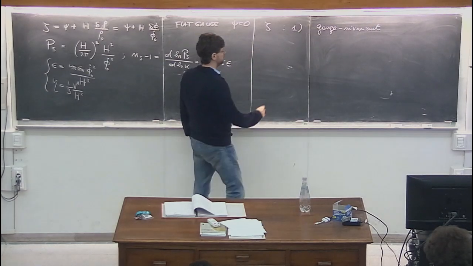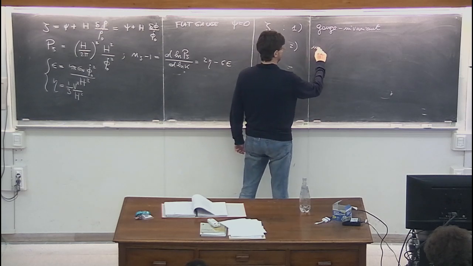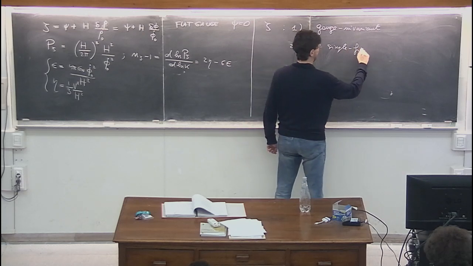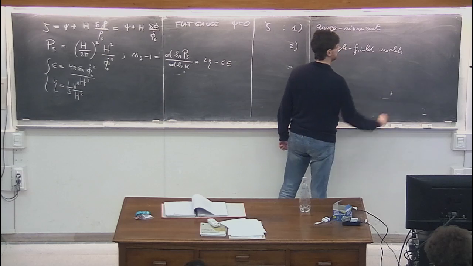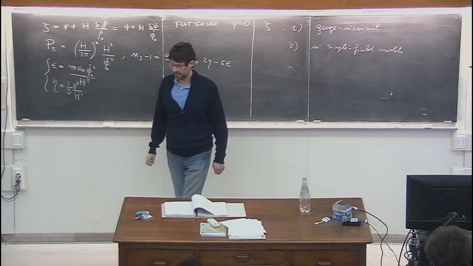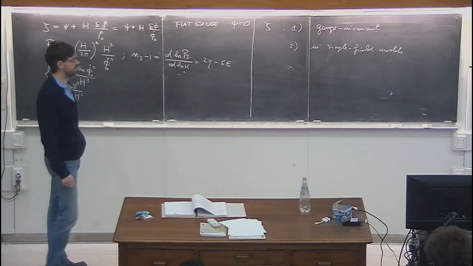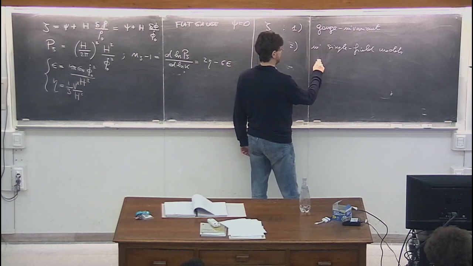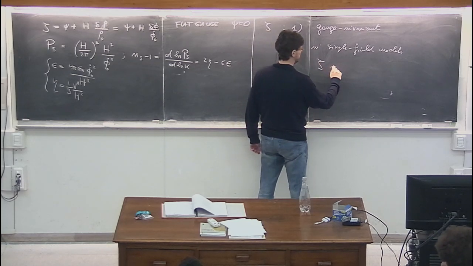The second reason is the fact that in a single field model of inflation, which in fact are the ones that we have talked about so far, so far I introduced only one single scalar field, the inflaton field, the important information is that within this assumption, zeta is constant